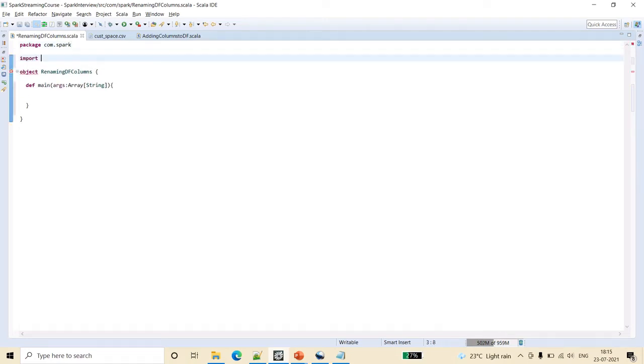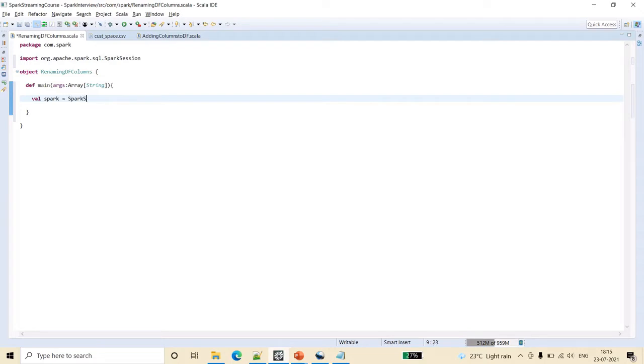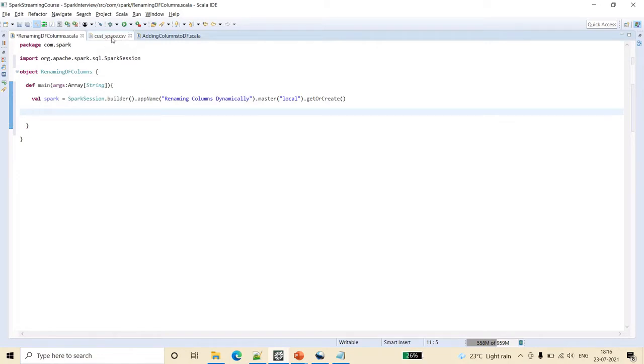Importing the Spark Session package. Creating the Spark Session. So let's create a data frame from this CSV file.